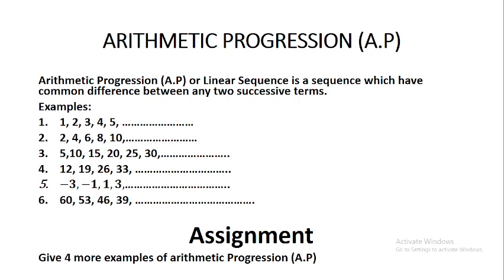The same thing I always tell my students: we have a lot of sequences and series, but you should be able to identify the sequence that belongs to arithmetic progression, because some questions that will come your way will not mention whether the sequence belongs to arithmetic progression or geometric progression. They will just give you the sequence. It is left for you to identify whether the sequence belongs to AP or GP. I hope I'm clear. You must be able to identify the sequence that belongs to GP and the one that belongs to arithmetic progression. Now we want to talk about arithmetic progression, also called the linear sequence.